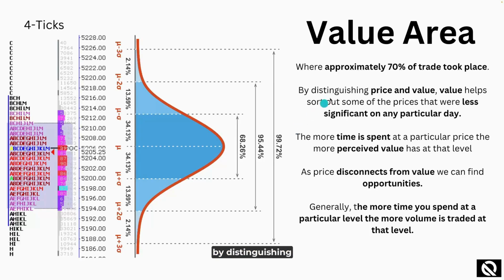By distinguishing price and value, value helps sort out some of the prices that were less significant on any particular day. For example, if 40 contracts were traded at this level right here, the price was not significant. The buyers and sellers did not agree this was a fair price, and the market simply returned back to build value right here. So if we have a lot of days where a significant amount of traders agreed on, for example, trading this level area right here,